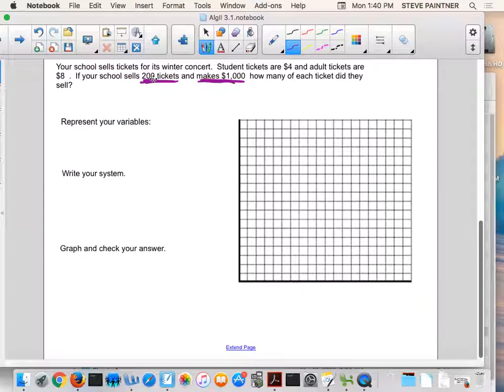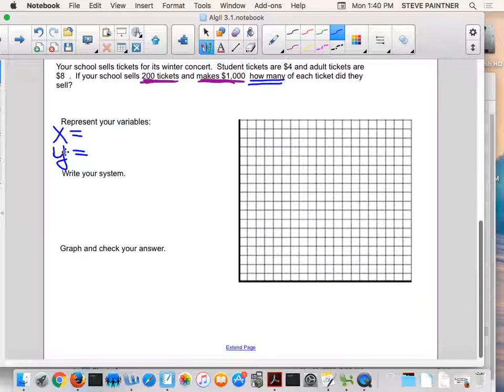Here comes the question. The question is, how many of each ticket did they sell? That would be you representing your variables, x and y. You always have to tell me what you're looking for. You're looking for x, you're looking for y. So x would be the number of,